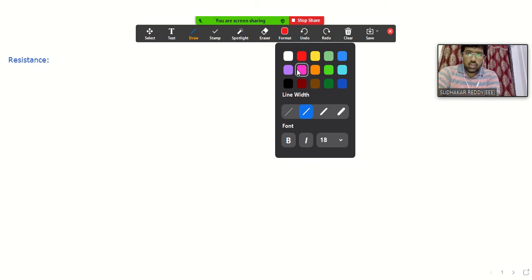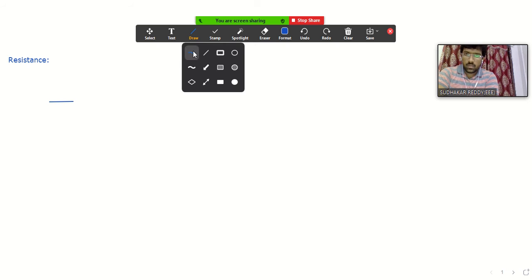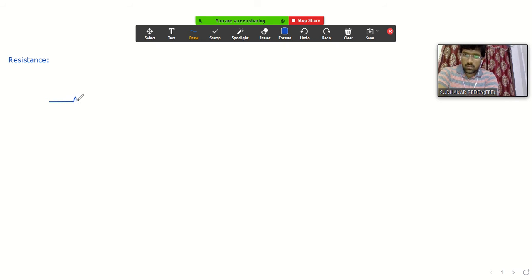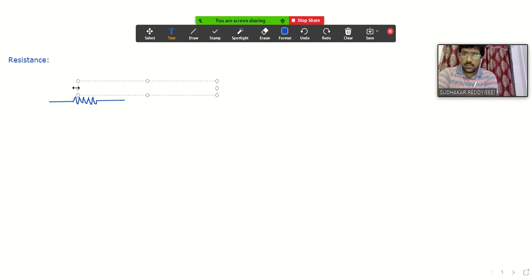Now I will show you the symbolic representation of a particular resistor. How are we drawing a representation of a resistor? A resistor can be represented like this, all of you observe here. And I told you that it is denoted by capital letter R. So now we will see the representation of resistor and the units for the resistance also. So this is how a resistor or resistance can be represented, and it is denoted by capital letter